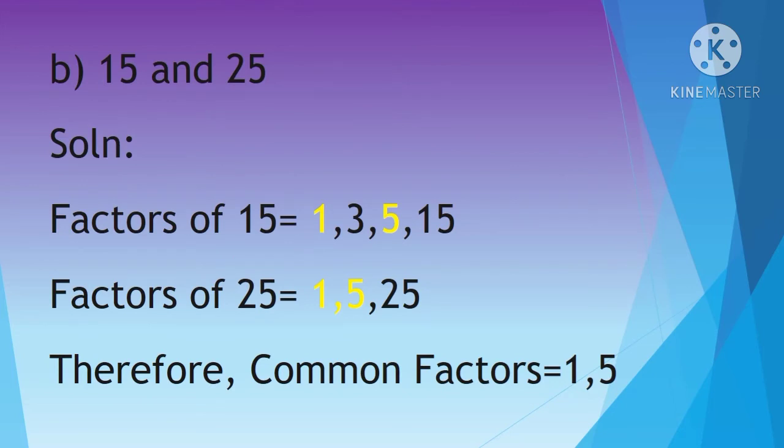The second question is you want to find the common factors for 15 and 25. So children, I'll say one thing. If you know the tables, finding the factors is very easy. You don't want to divide and see for each number. For example, for 15, you know 3 5s are 15. So what are the factors?